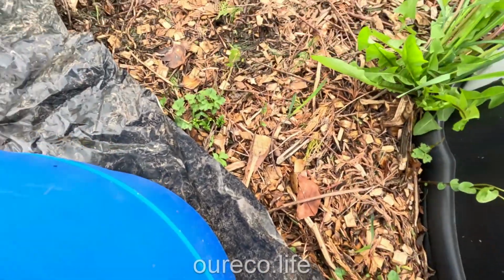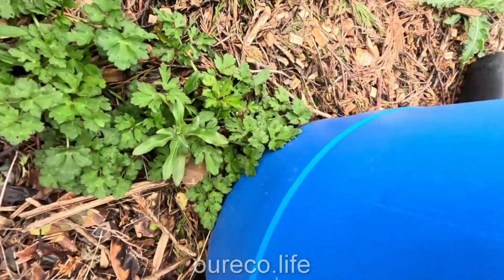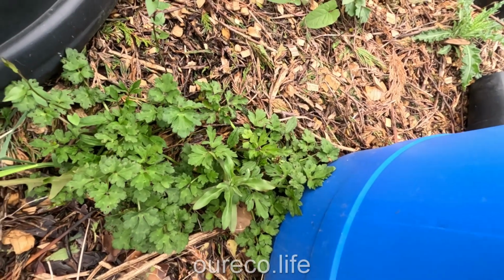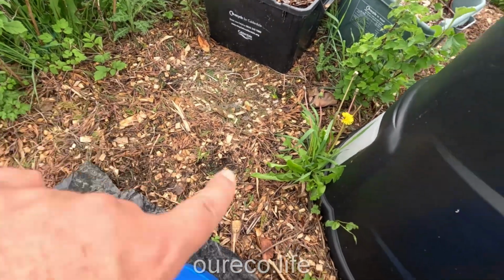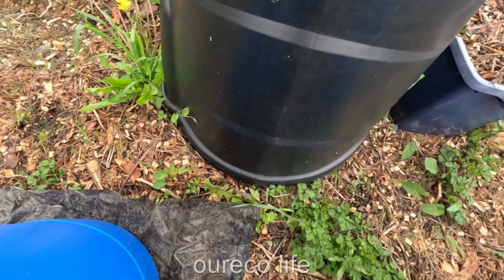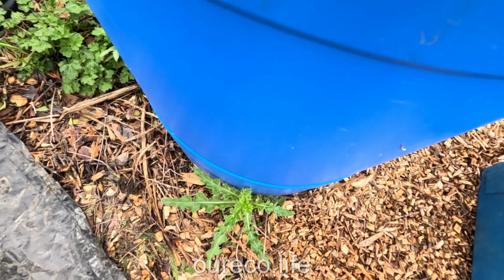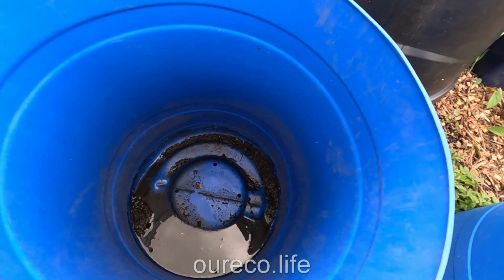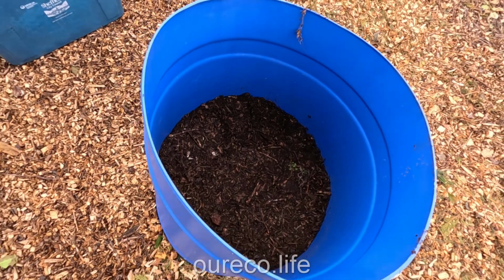So all this stuff that is coming up around the barrels, you can see, they love it. You know, when there's a container or something, they know they can. I mean, out here, where there's nothing, there's a little bit, but around this Dalek is full of weeds now. So I'll put another piece of plastic under this, and then I'll cover them with mulch later. But I've still got to do the blueberry barrels, but that can wait. These are done,